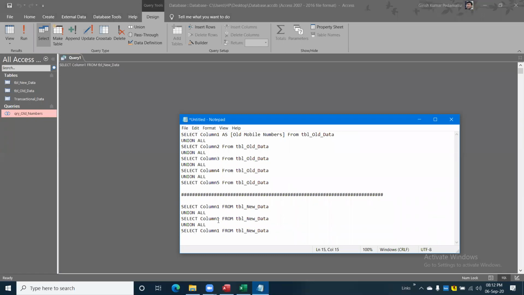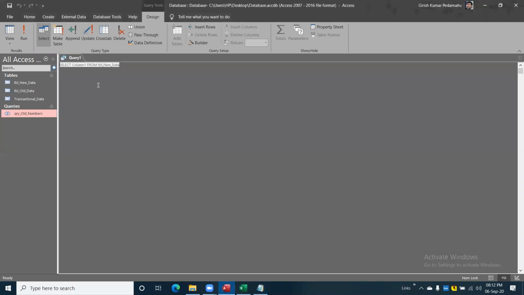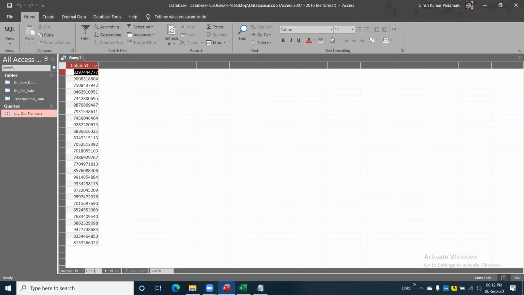Here instead of 1 I will make it 2. Here instead of 1 I will make it 3. I have 3 columns, that is the reason only 3 statements are there. I'm copying all these 3 codes, control A, control V, control V, run it. See, I'm able to see 27 records which are coming from the new table.